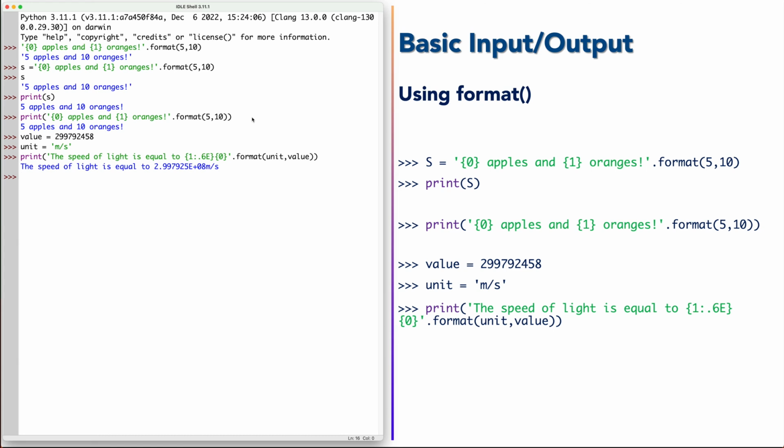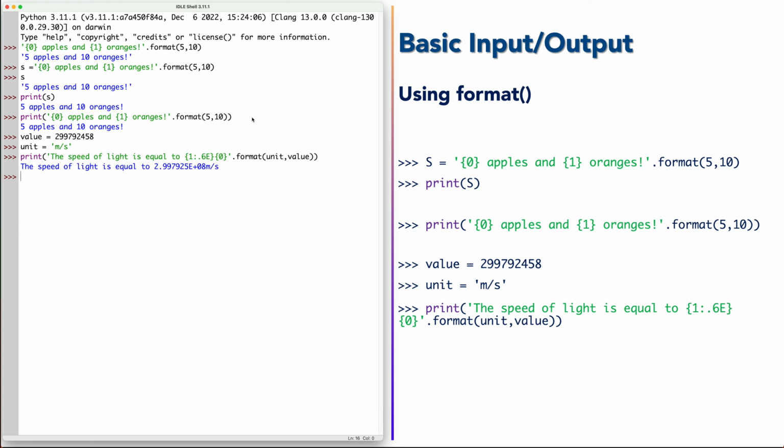So as you see here, the speed of light is equal to 2.99 to the power e plus 8, and also we see here 6 decimal digits after the point, and directly we see the unit added. So this shows that this is more flexible than the previous way to show the formatted output by print,